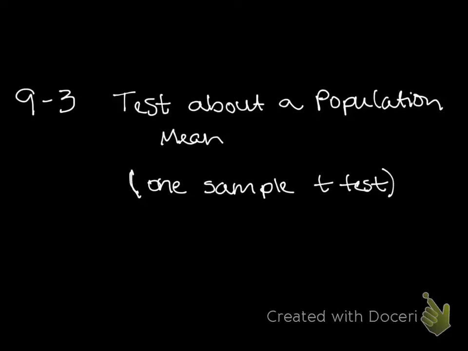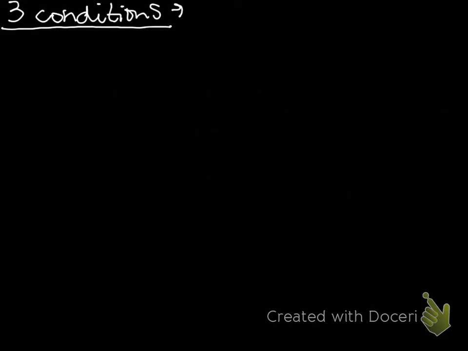Today we're going to cover section 9.3, test about a population mean. The name of that test is a one-sample t-test. What are the three conditions? It's the same three conditions we're used to: random,